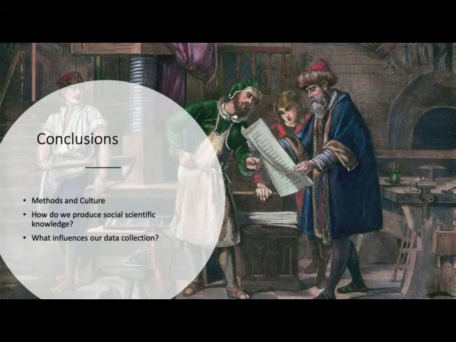A central question that we can ask then is, how do we produce social scientific knowledge? That's a central question to this essay or this lesson. And then what influences our data collection? And these are going to be central questions for the rest of the course. We're talking about a critical pedagogy. We're talking about naming, reflecting, and acting. And we want to be sure to be highly critical